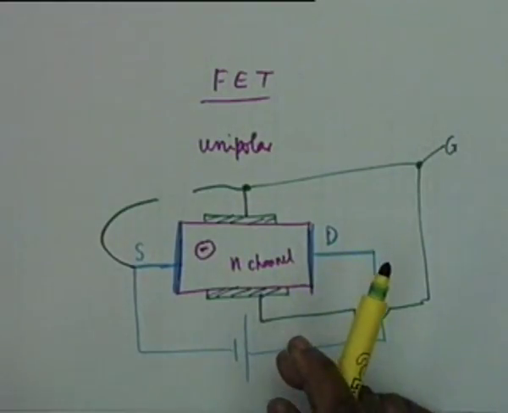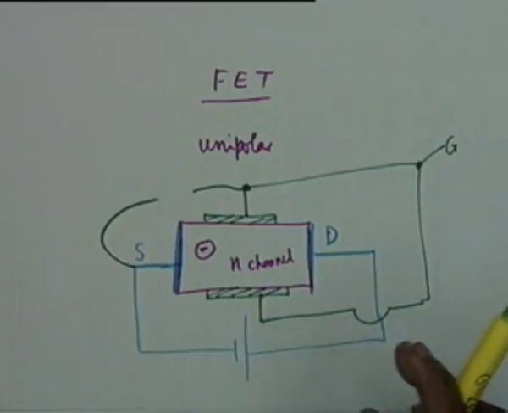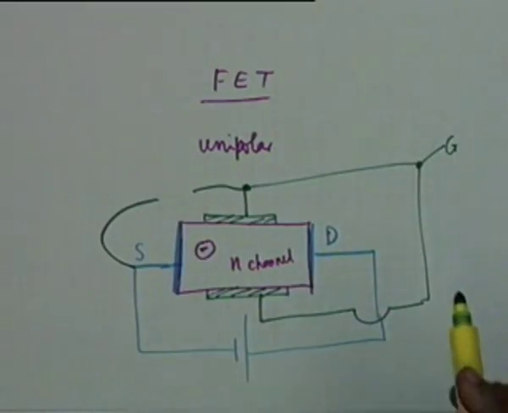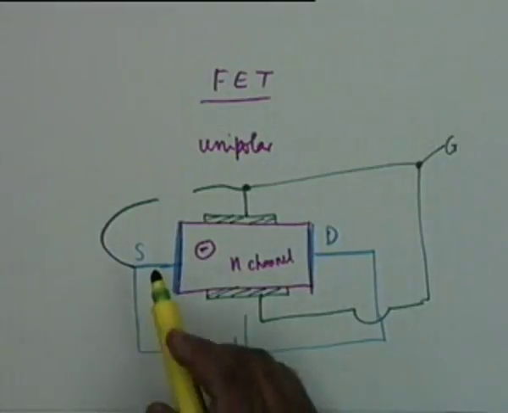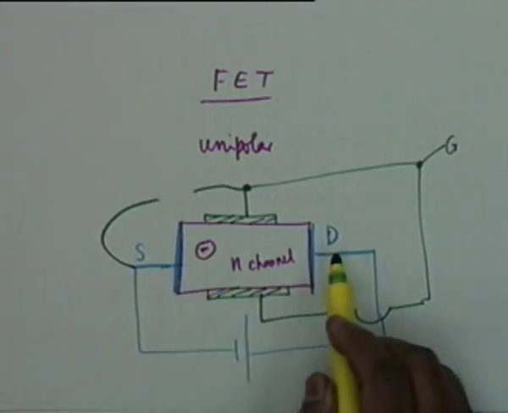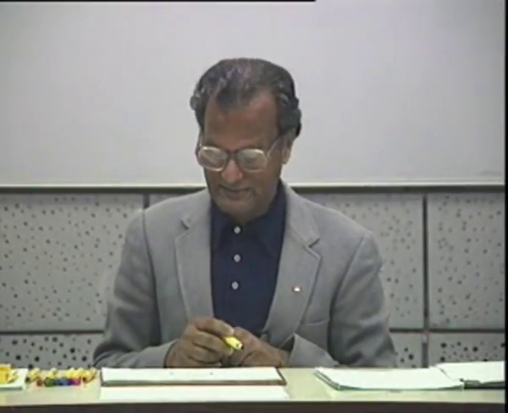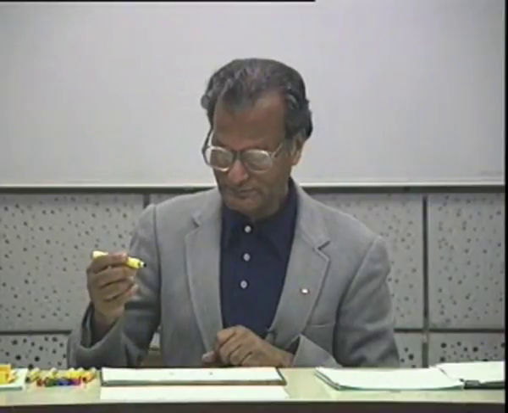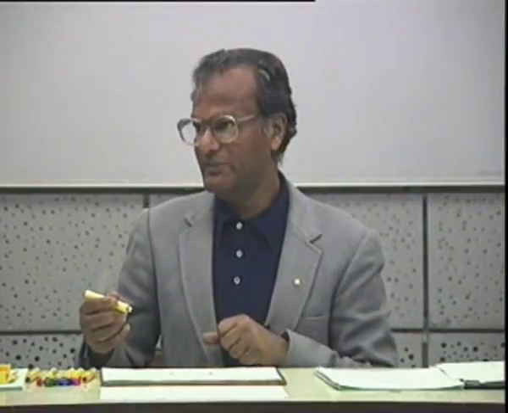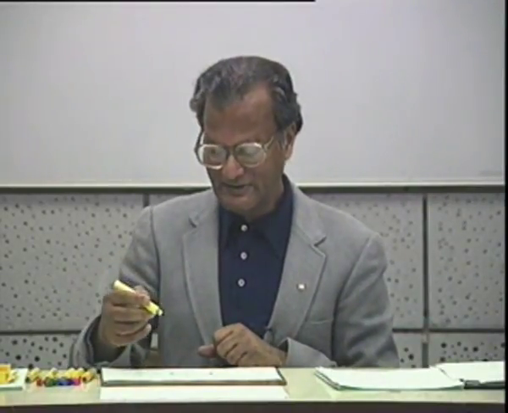And this is how the third electrode comes. If you compare with a BJT, gate is comparable to the base, the source is comparable to the emitter, and D, drain, is comparable to the collector. Now, how this is done differs from FET to FET. There are various types of FETs, and we shall discuss the family tree in a minute, but let me tell you how this is done.